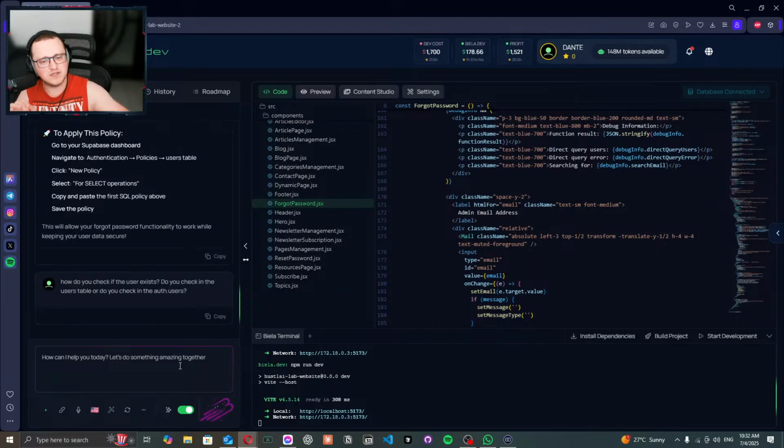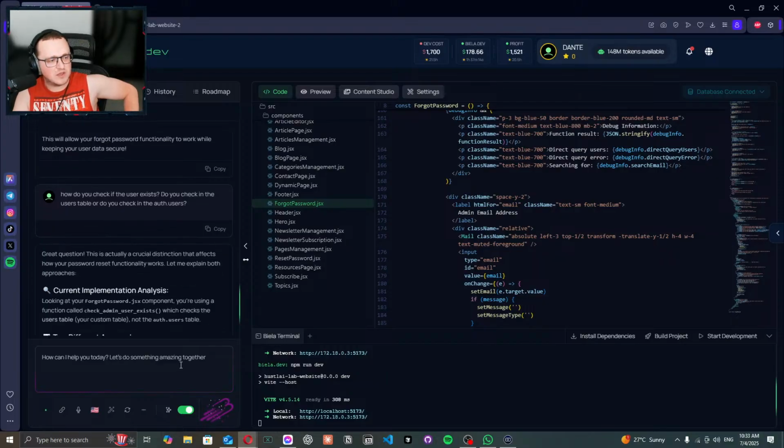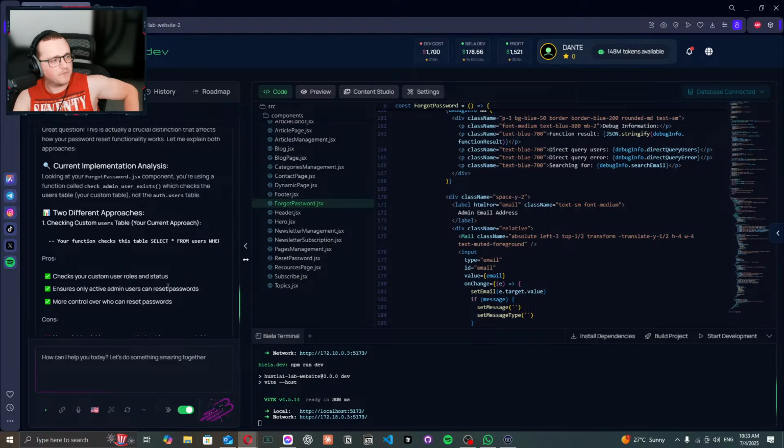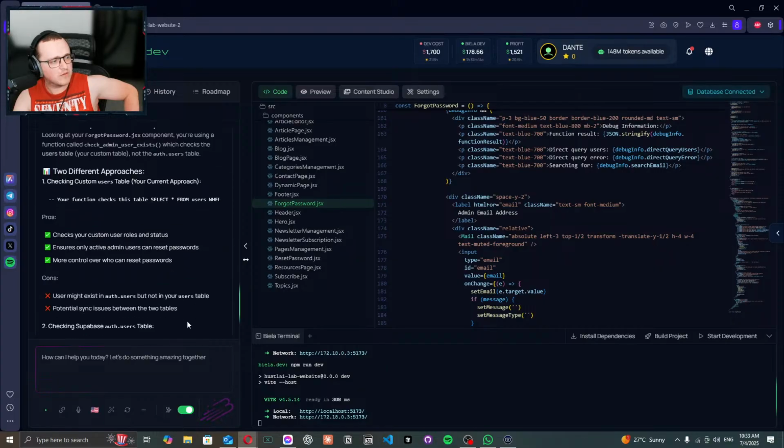Because if it does check in the auth.users, then we do have a problem. If it checks in the... Two different approaches, yeah. Just pick one. But not in your,